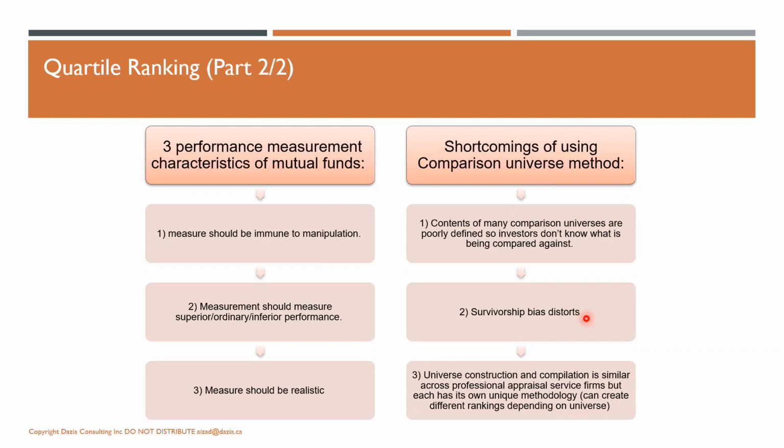So survivorship bias says that all the performance reporting looks good, but if you know which one is bad, you're not going to invest in it, and people will not invest in it, and then it's going to be going down anyway because people will pull their money from it. So that is the negative thing about it, right?